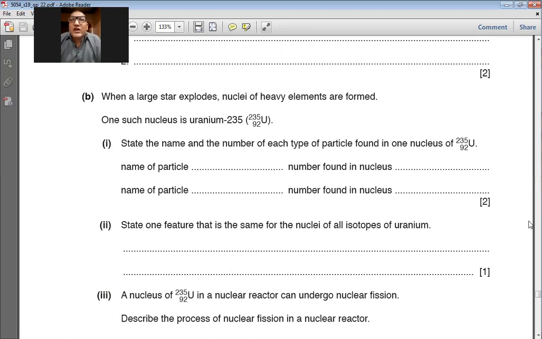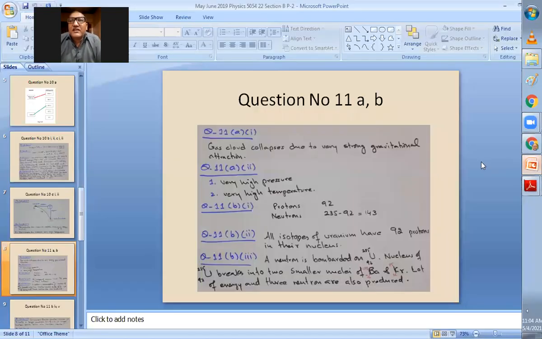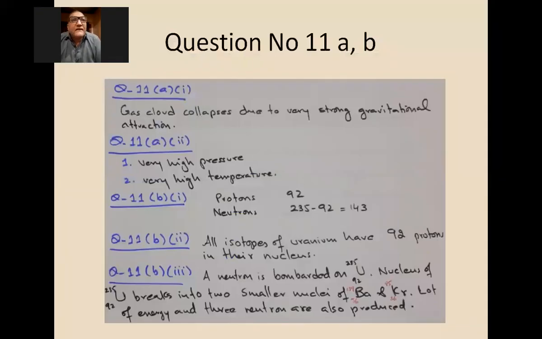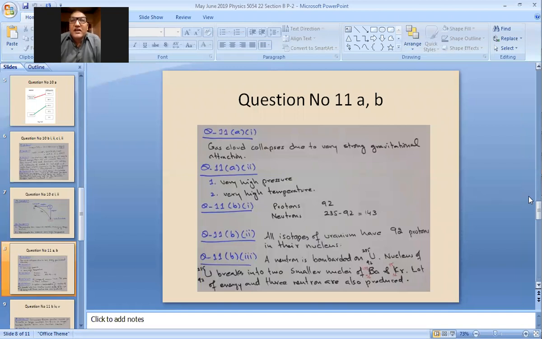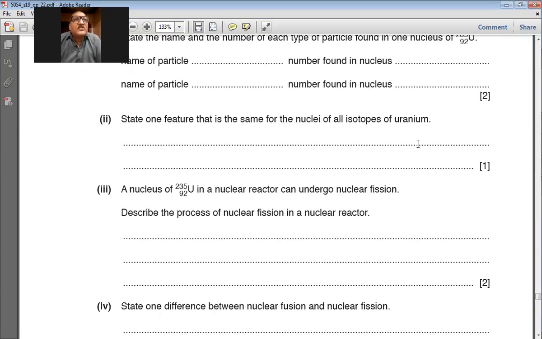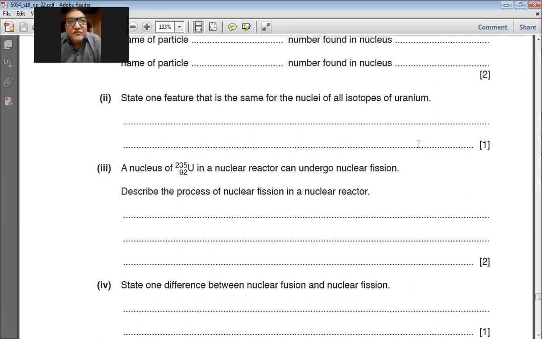Let me show you. I have written this answer. Okay, so protons are 92 and neutrons are 235 minus 92, so 143. So there will be 143 neutrons in the nucleus. Okay, so the next part is state one feature that is the same for the nuclei